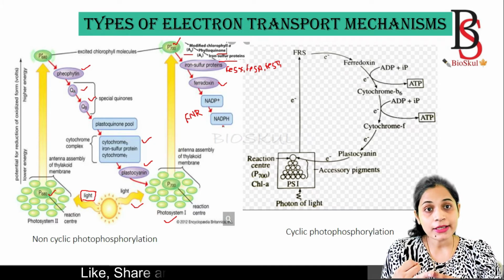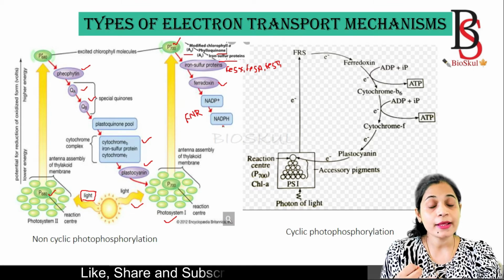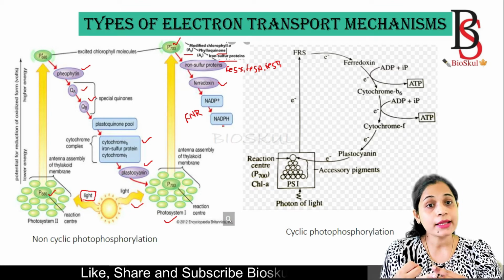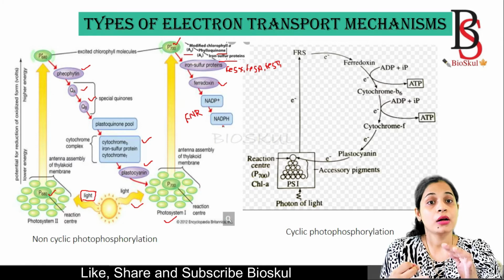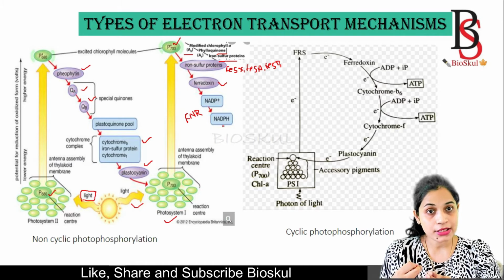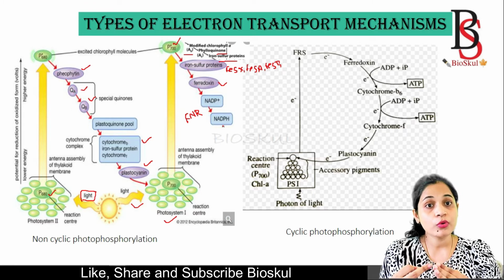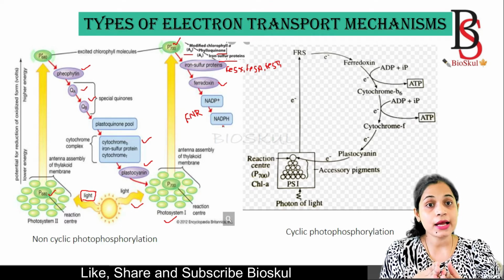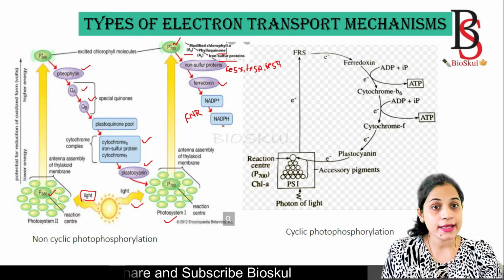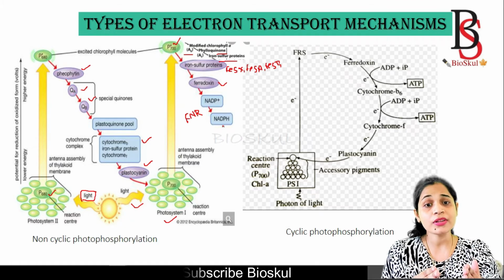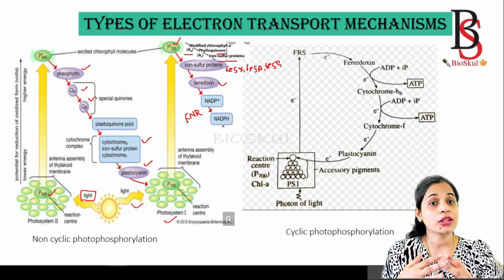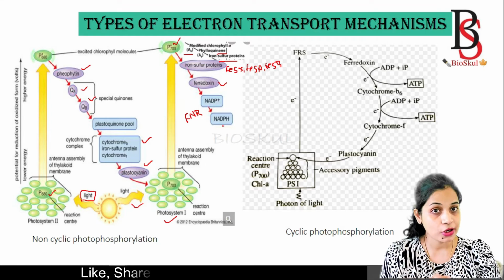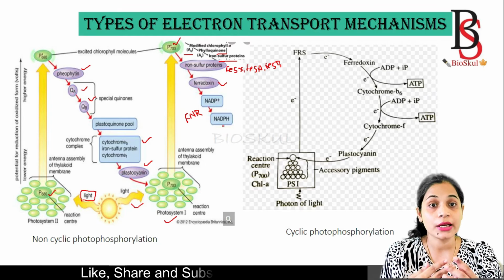Then after getting the light energy, what will happen? Photosystem 1 will be excited, and the electron will be transferred to the modified chlorophyll A0, then to the quinone A1. Then from the quinone it moves to the iron sulfur complexes, a series of FeSX, FeSA and FeSB. Then it moves to ferredoxin. From ferredoxin, in the presence of the enzyme FNR, ferredoxin NADP reductase, NADP is converted to NADPH.